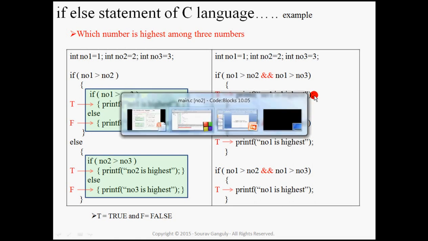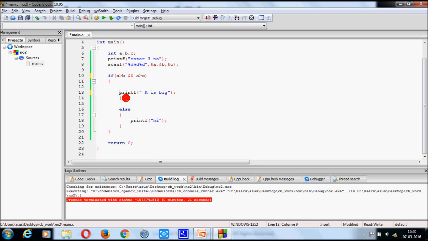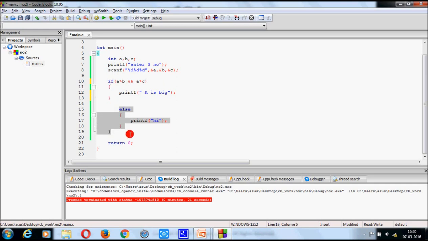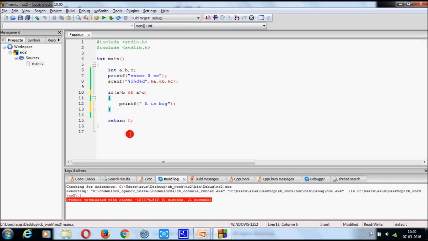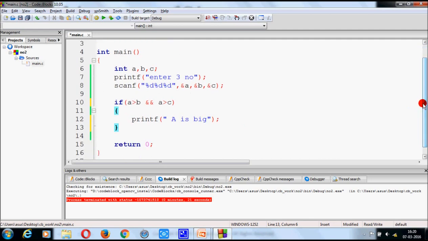Now check this. Name, int A, B, C, enter three numbers A, B and C. Now if A is greater than B and A is greater than C, and both conditions become true, then you will get this output that A is big.